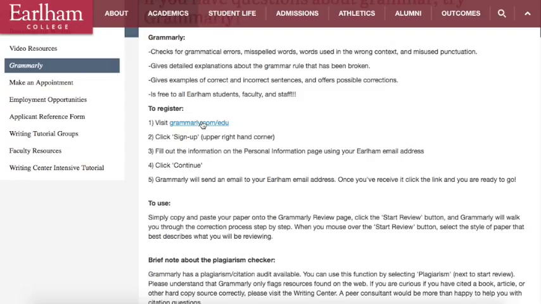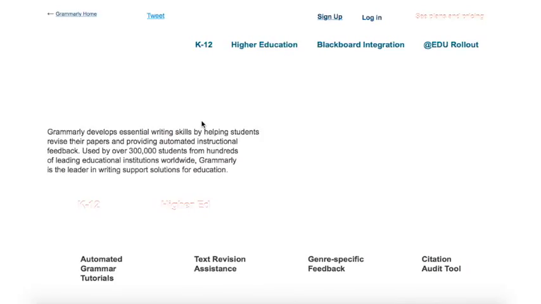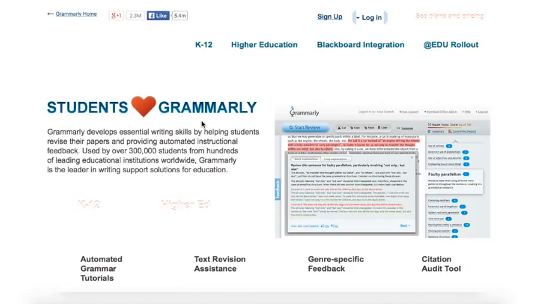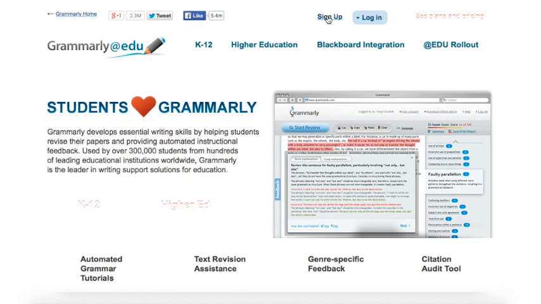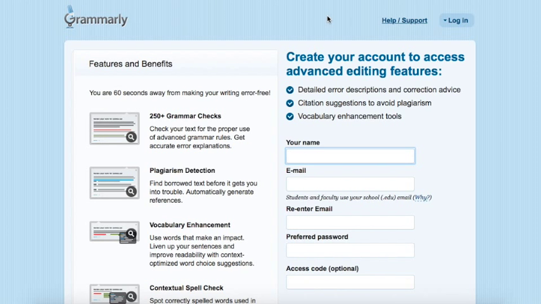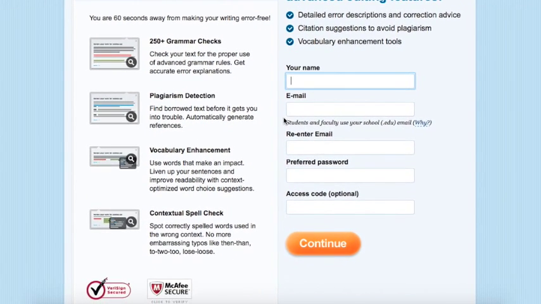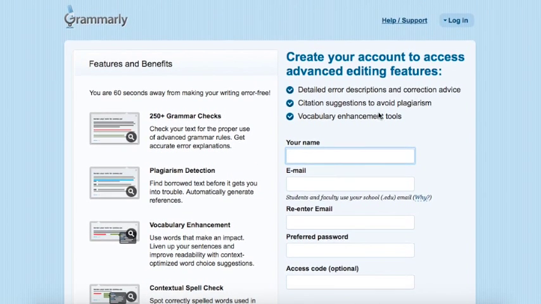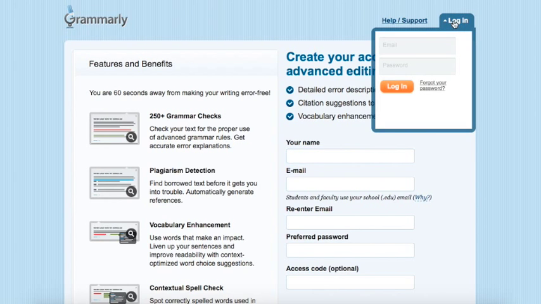To register, you're going to go to grammarly.com/edu. I will go there now. If you've never used Grammarly before, you're going to click on the Sign Up button. Here it will ask for your name, your email, and a password. Your email needs to be the earlham.edu email that you've used in order to be able to sign up. However, once you've done that, you can go to log in